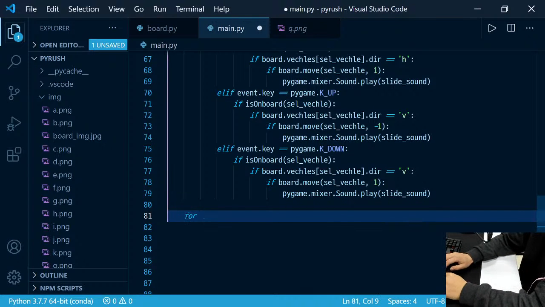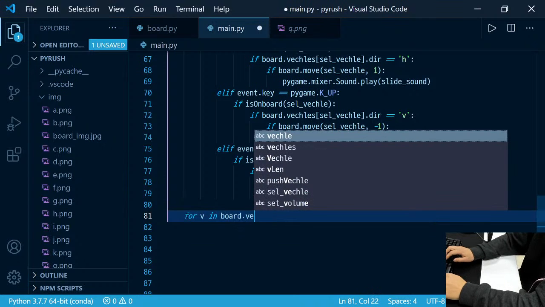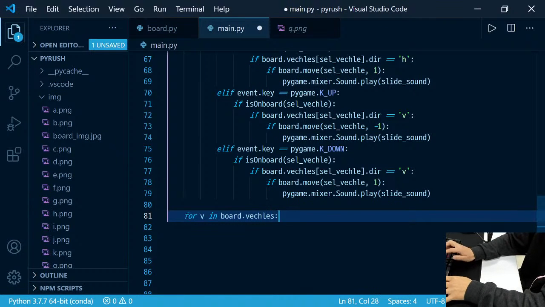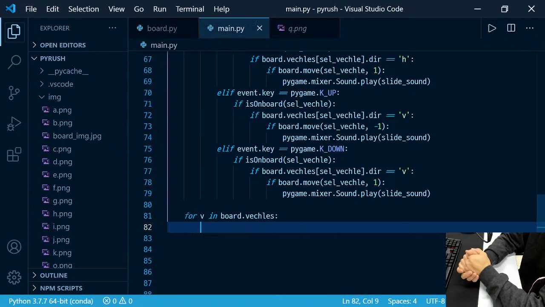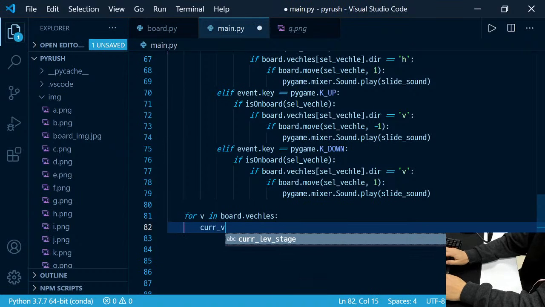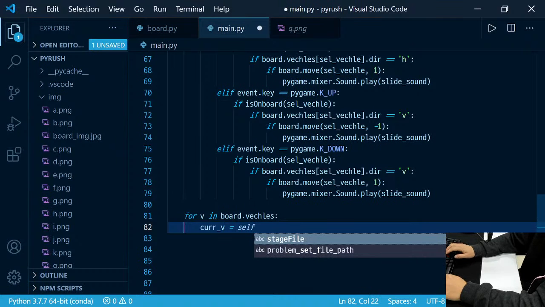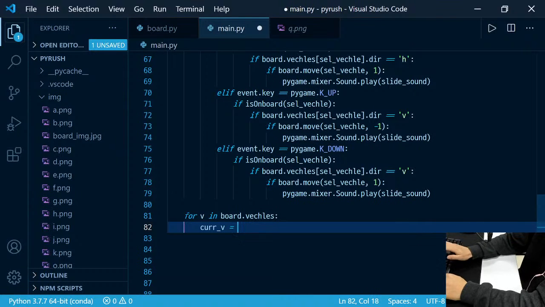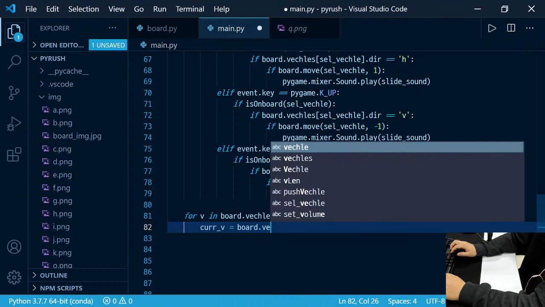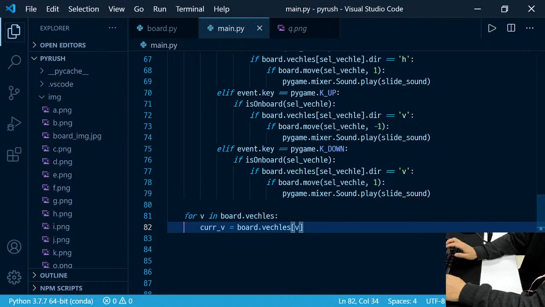For, let's say, v in board dot vehicles. This current vehicles. Curve V is board vehicles dot V, and then